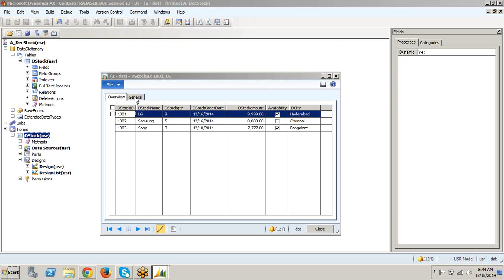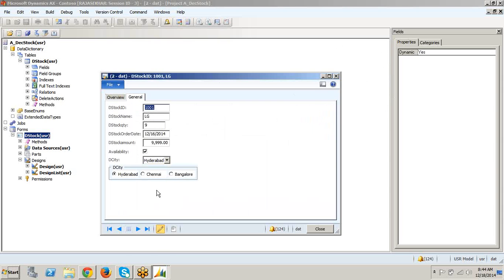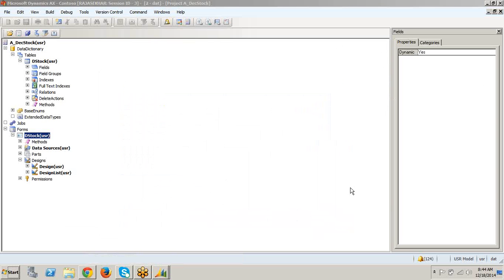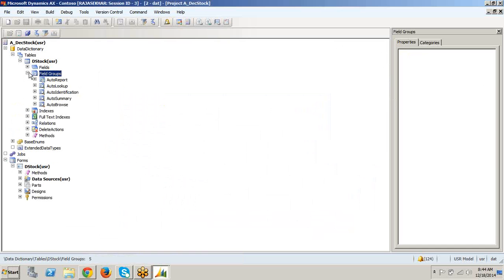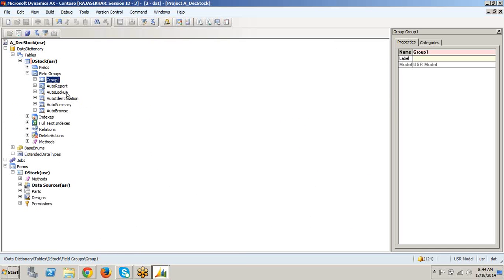Okay, so I cannot place the group fields in the overview tab. I can place the group fields in the general tab. How can I place it? Go to the field groups, right click, say new group, and I give the group name as D fields.